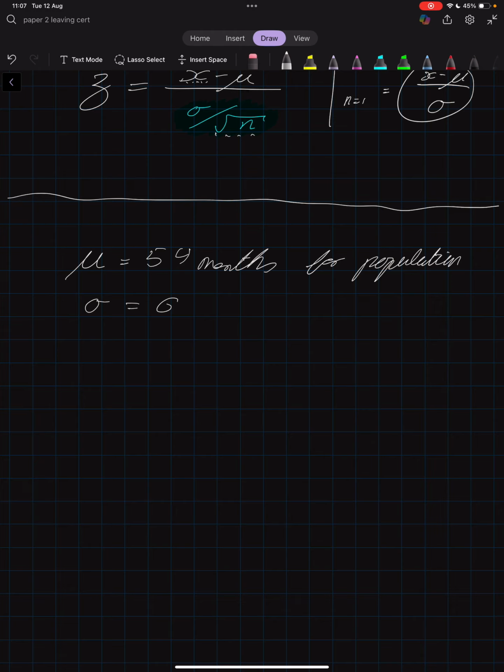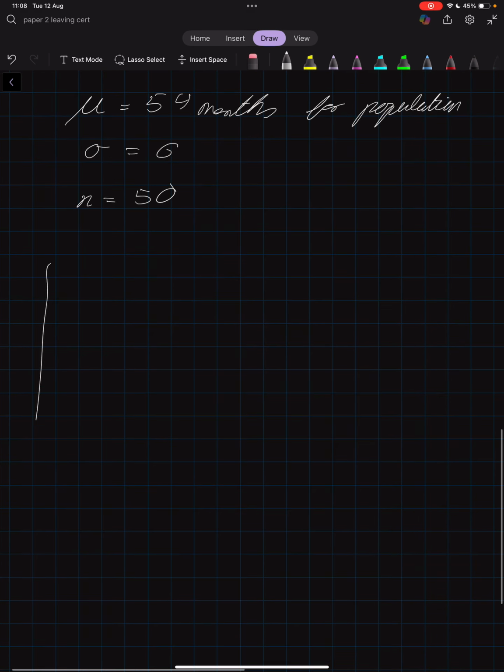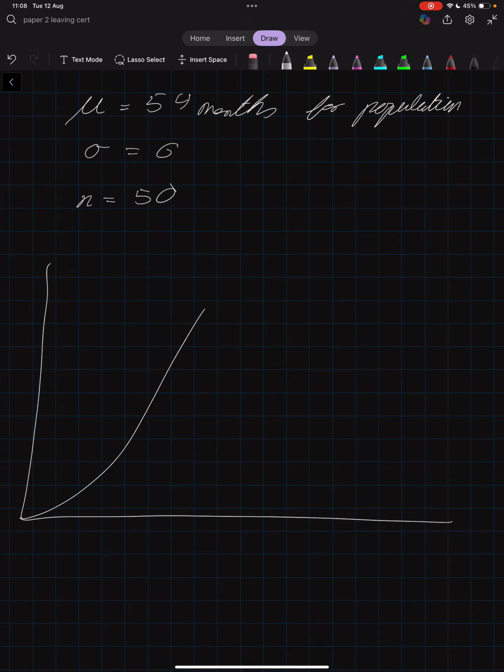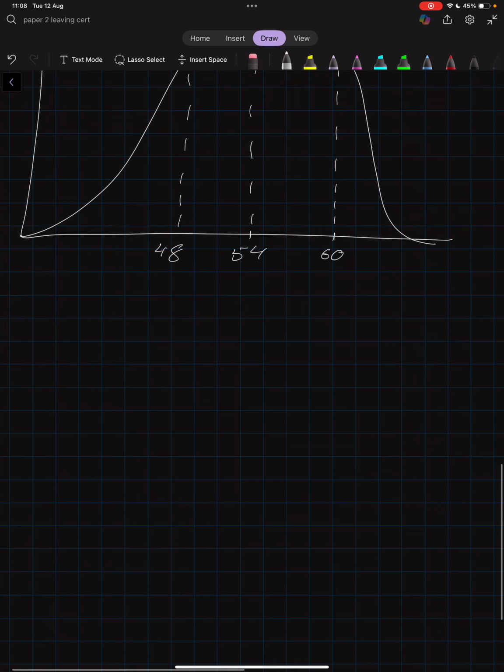A consumer magazine tests a random sample of 50 batteries. So n is 50. You're testing 50 of them, to investigate the company's claim. So first of all, it says, sketch the sampling distribution. That's simply the normal distribution, where this is 54, this is going to be 60, this is 48. And then if we want to do it again for the sample,